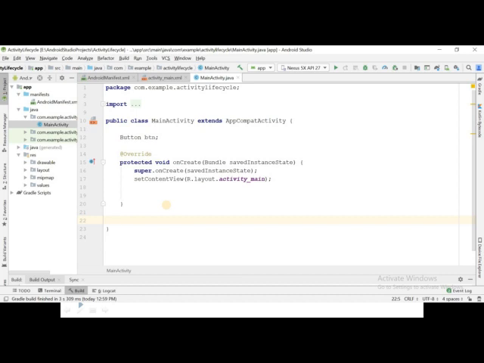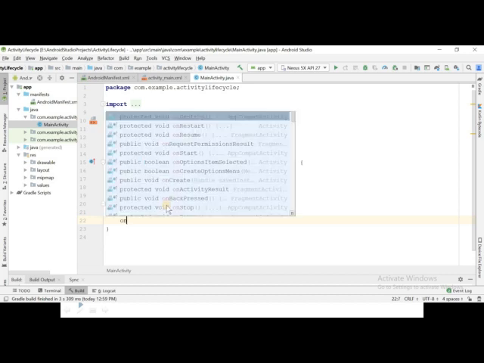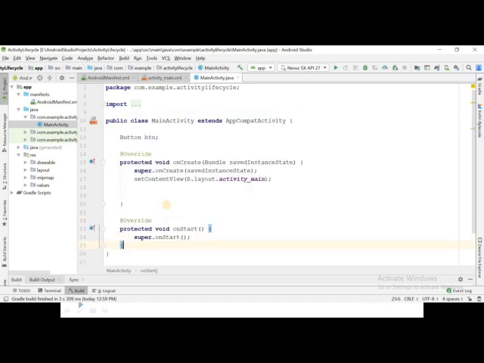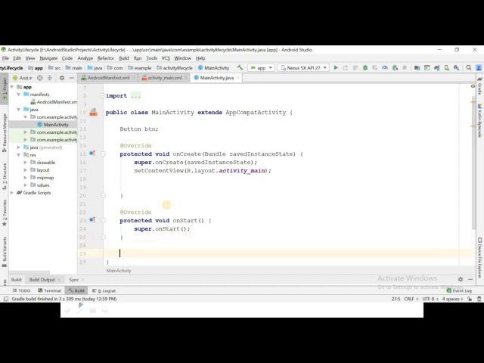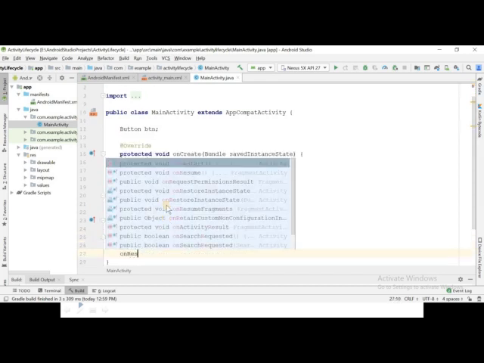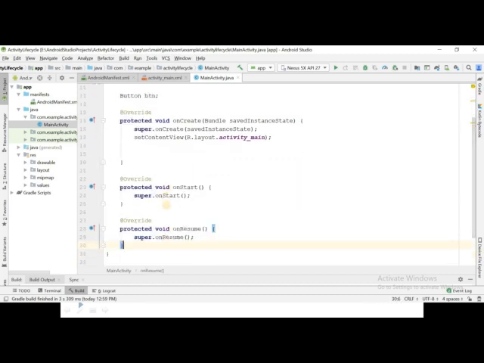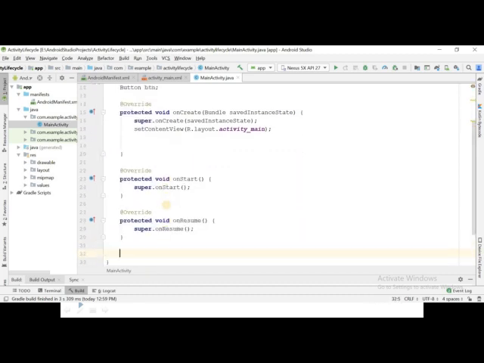So onCreate is already available. Next we will override the onStart method. This is the onStart method that we have overridden in our own class. The next method we will override is onResume. So onResume is also overridden in our class.